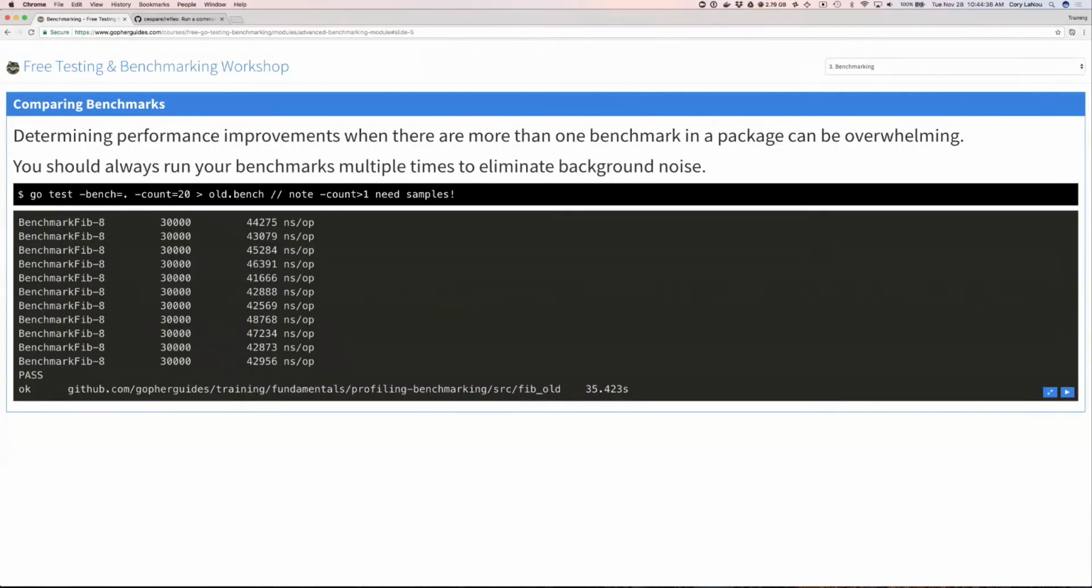A lot of times it's really nice to actually be able to compare benchmarks. And so if you want to run them more than once, you can do things like the dash count 20. And so if I go ahead and I want to run 20 times,